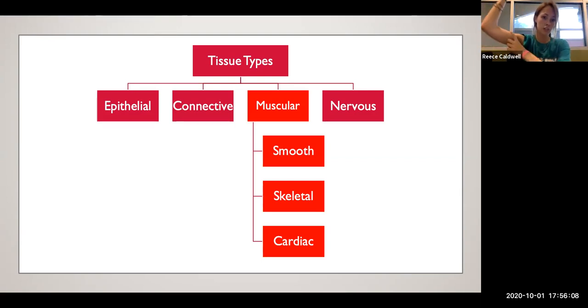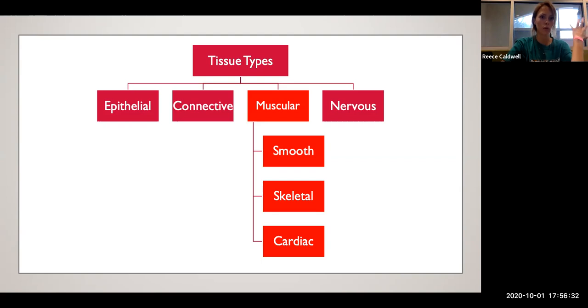Compared to skeletal muscle, like our biceps and our triceps, those will provide very large contractions. So you can push a big barbell, you can pick up a baby, you can do larger contractions with skeletal and cardiac compared to smooth, because think about it, if you eat something, you don't want these giant contractions in your